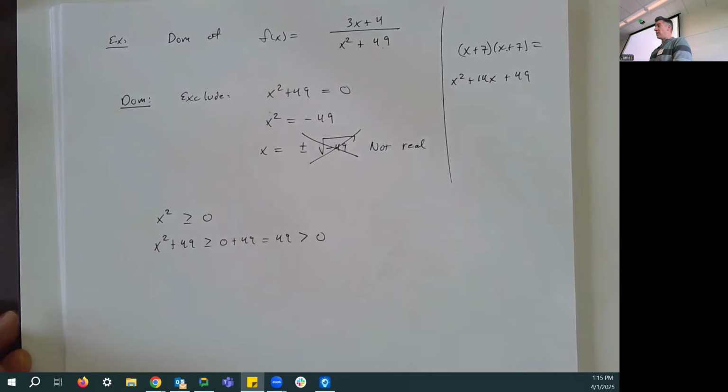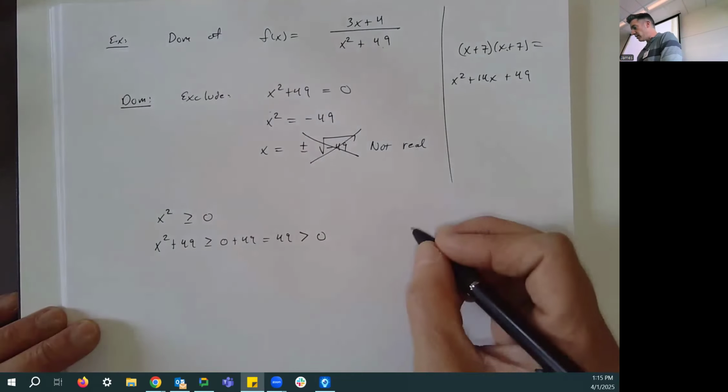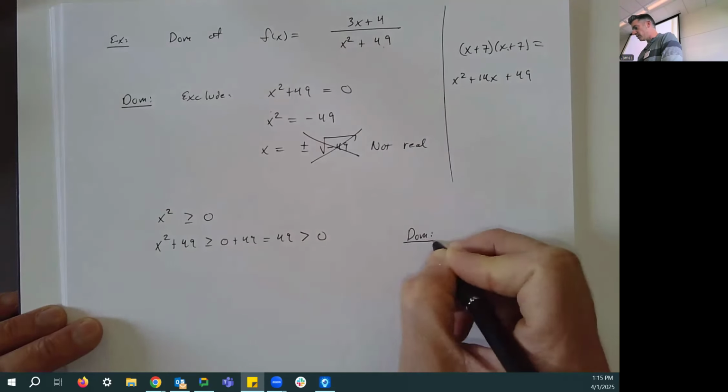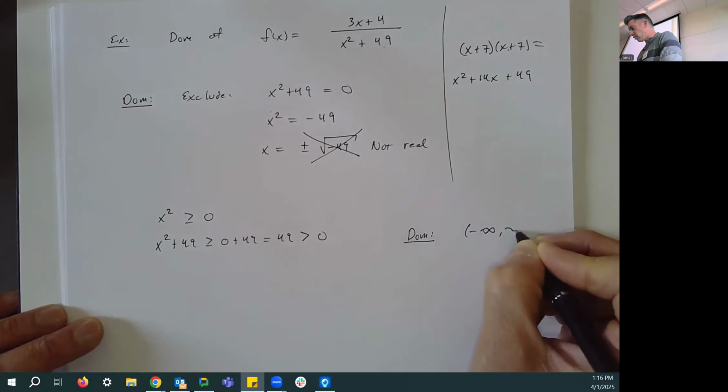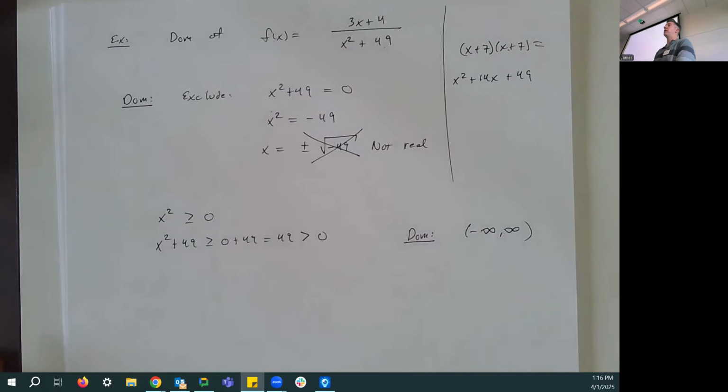So whatever we pick for x, the denominator is never equal to 0, meaning we're never going to divide by 0 no matter what x is. So here, the domain is all real numbers. There are no restrictions here because it's impossible for the denominator to equal 0. So something to be aware of. Sometimes you see a rational function and think, well, we have to make sure the denominator is not 0, and sometimes it's just never 0 no matter what we have for x.